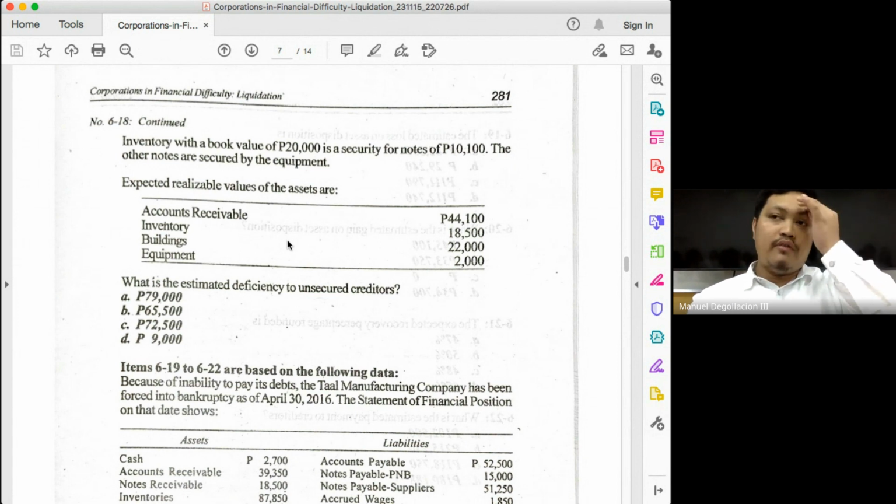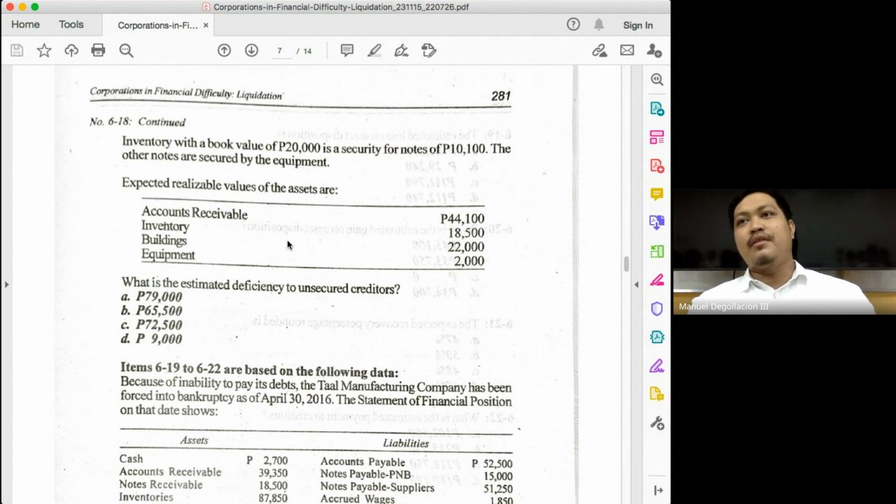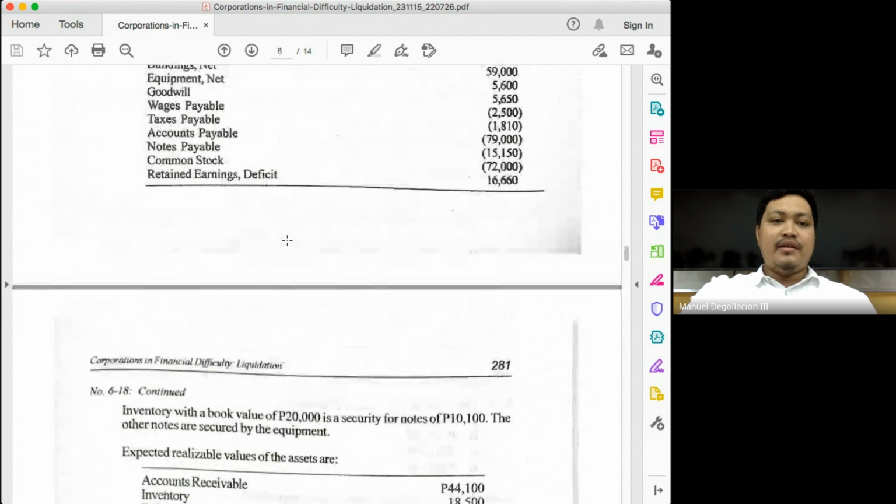And if we're looking for our negative equity, we just have to look first for our assets, of course, this time at their recoverable amounts or their fair values, and then deduct your liabilities to get your negative equity. And that will already give us our estimated deficiency. Okay, first let's determine the